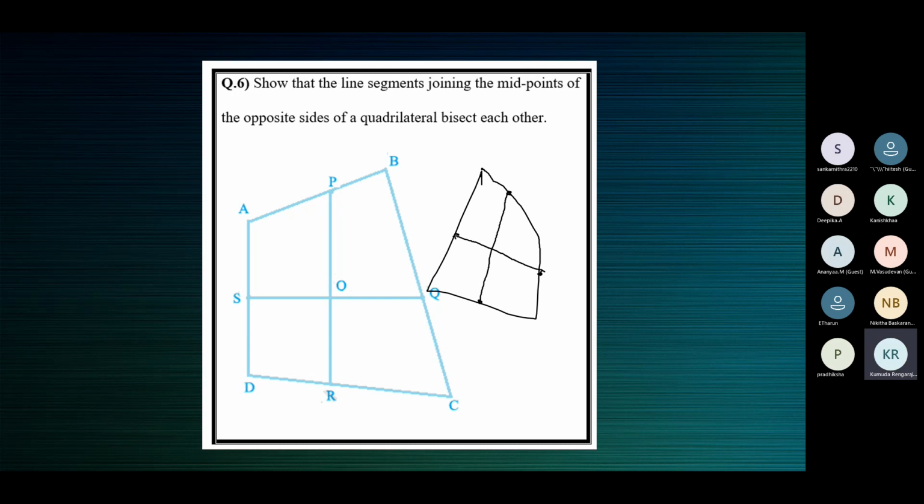For that, you join the midpoints like this, in order. So what happens now? These two line segments become the diagonals of a quadrilateral. Now it's simple, because we will show that this new quadrilateral is a parallelogram. If we prove that, then these two line segments obviously bisect each other, because they are the diagonals of the parallelogram, and we know that the diagonals of a parallelogram bisect each other.